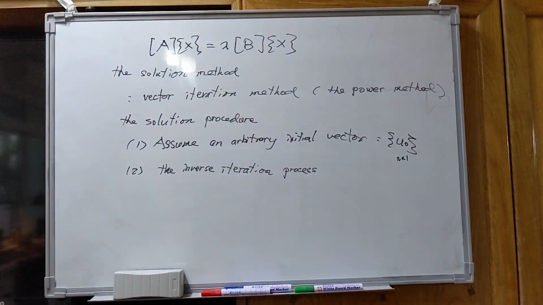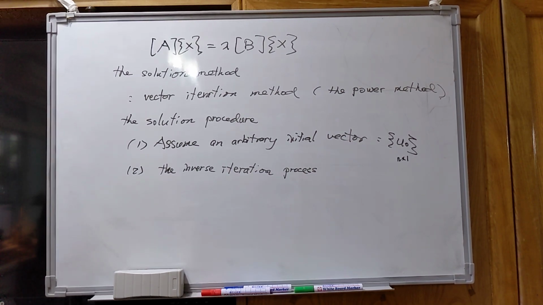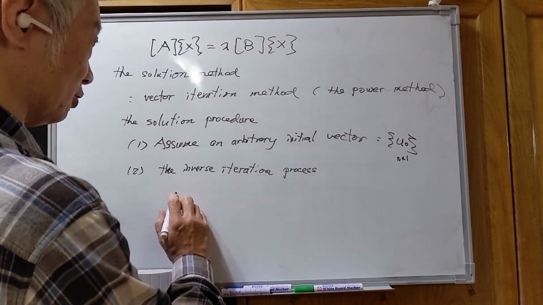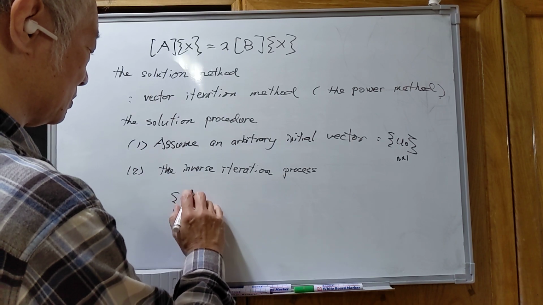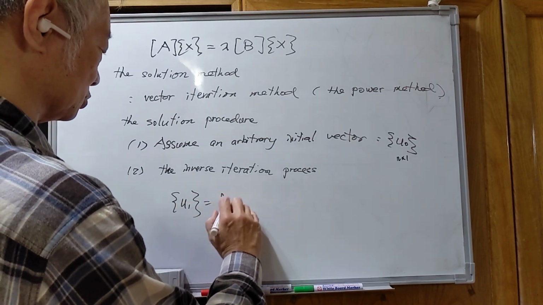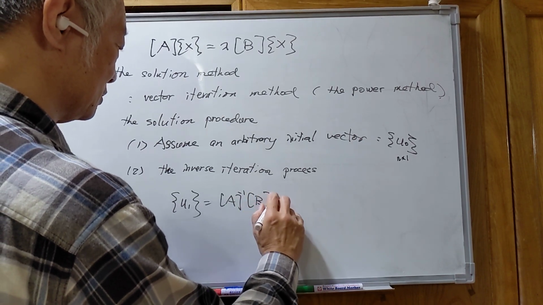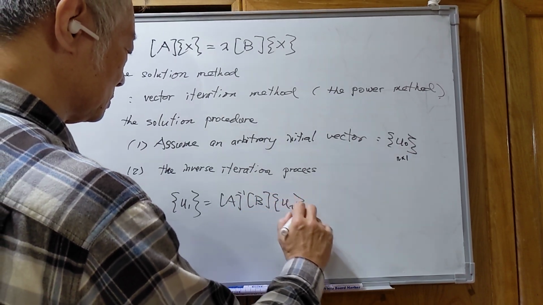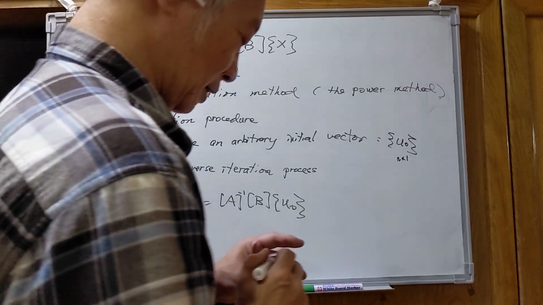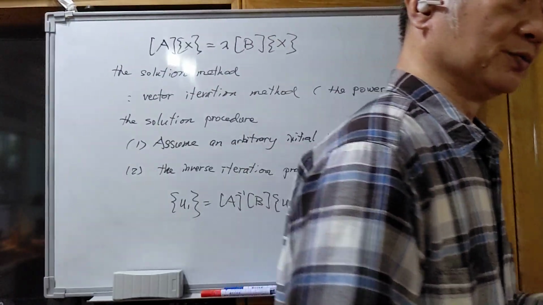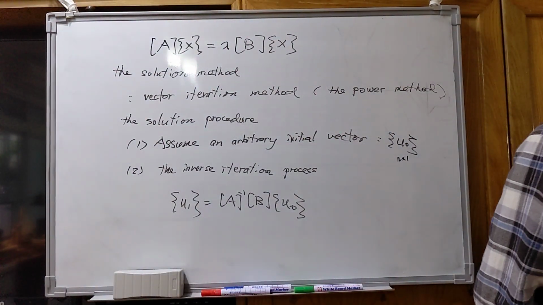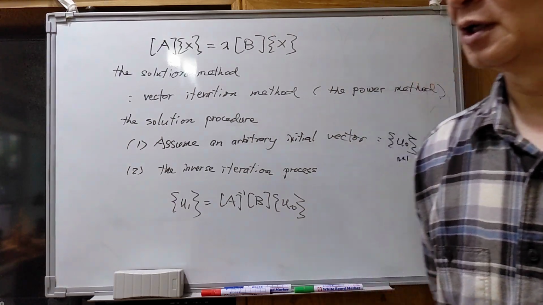For the inverse iteration process, we can solve the U1, which is equal to A inverse B U0. Okay. After we assume the initial vector to be the U0,